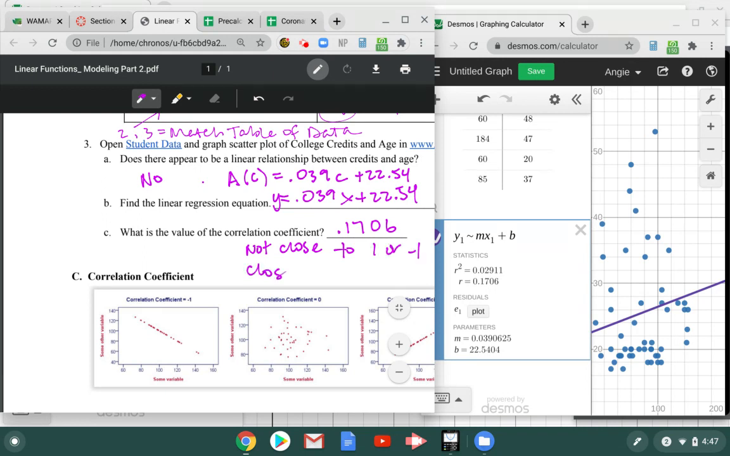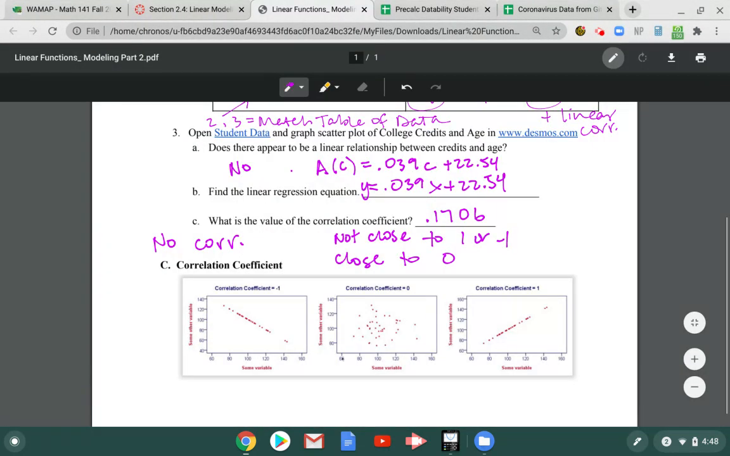Instead, it's close to 0. So we're really finding no correlation here. I'm just going to write CORR. No relationship, it's just scattered. And if you take a look at what we've got here for part C, I just found a really nice